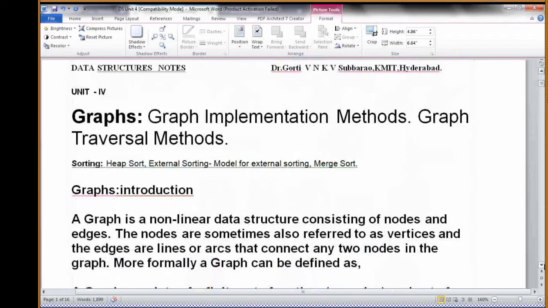Next, graphs. It is a vast subject. Actually, graph theory is there, mathematical representations are there for graphs, and the same concepts are used in data structures. But in your syllabus, graph implementation methods and graph traversal methods, these two are there. So we'll see what exactly